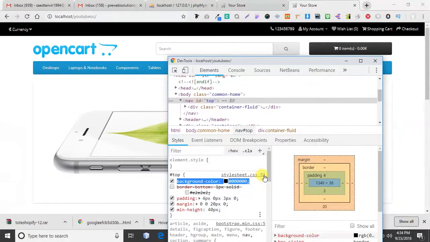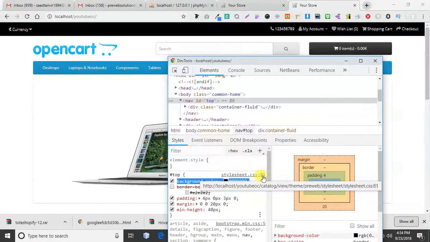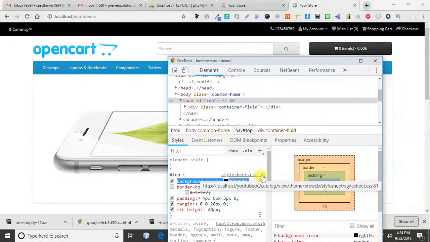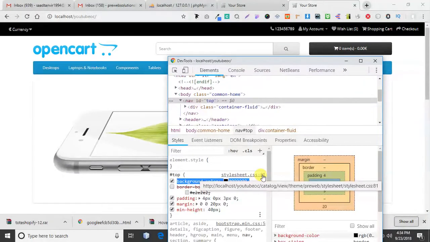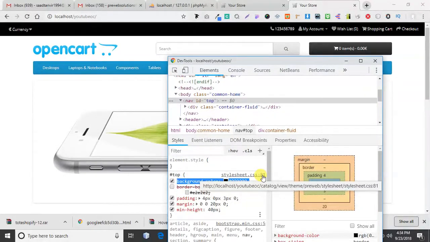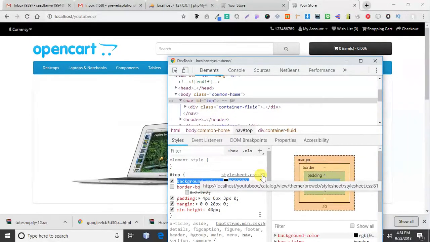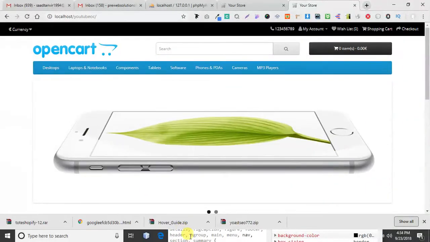I've copied this, and this is telling me the path as well as the line number on which this piece of code is written. So I have to go to catalog, view, theme, then preweb style sheet slash stylesheet.css, and I have to go to 81 line number. So let's go to